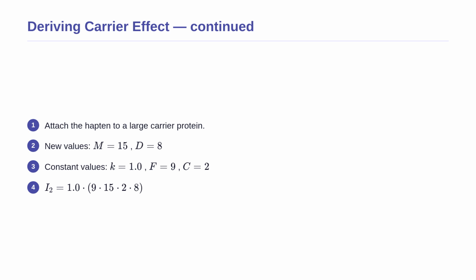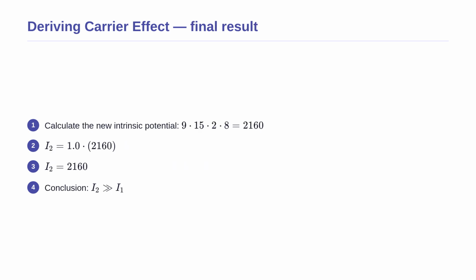We are setting up the multiplication of 9 times 15 times 2 times 8. This step shows how manipulating just two physical properties, size and degradability, can fundamentally alter how the immune system perceives a threat. Let us complete the calculation to see the final result of our proof. Multiplying the new intrinsic values together, 9 times 15 times 2 times 8, gives us a massive raw potential of